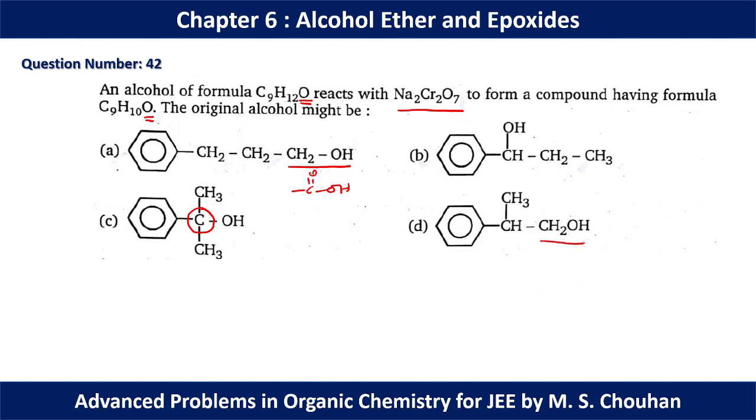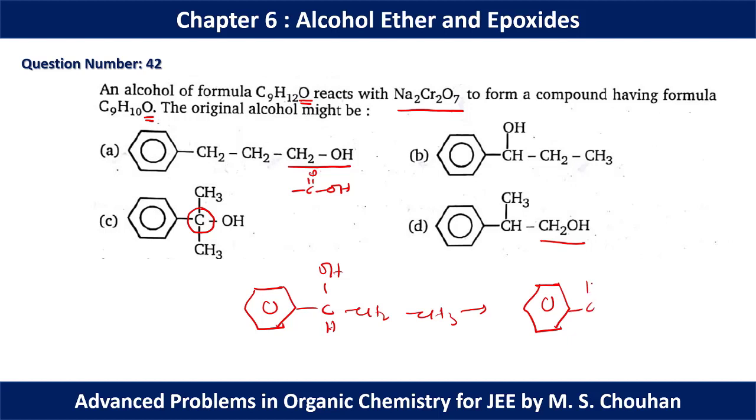So we have two 1 degree alcohols, option A and option D. Both are not possible in this case. So we have to start with a 2 degree alcohol, which is in option B, and after the oxidation we will get a ketone. If we form a ketone, there will be no change in oxygen number, but there will be a decrease in the number of hydrogens by a factor of 2. We have 12 hydrogens here, and here we have 10 hydrogens. So there is a decrease in the number of hydrogens but similarity in the number of oxygens. So in question number 42, option B is going to be our correct answer.